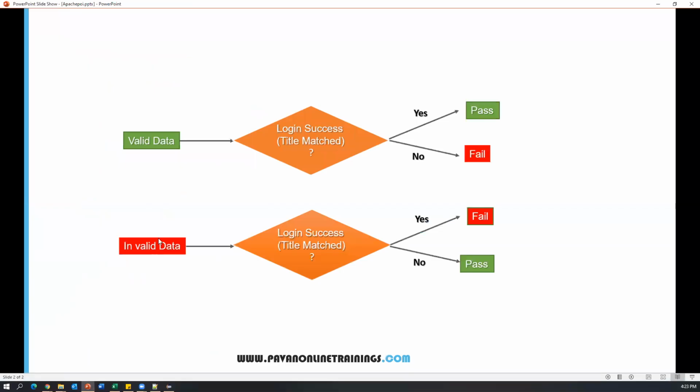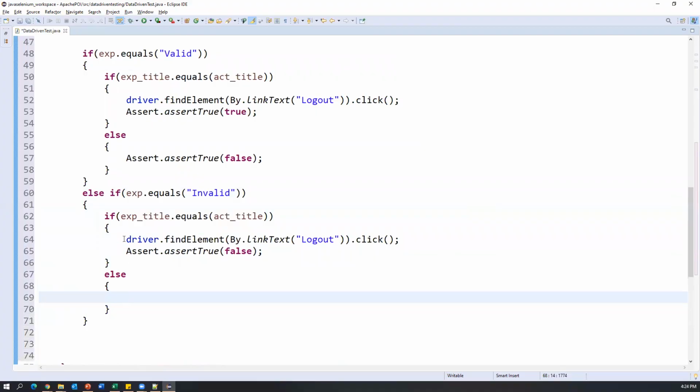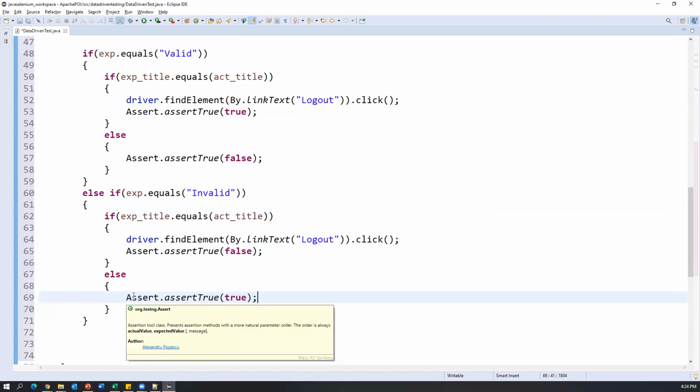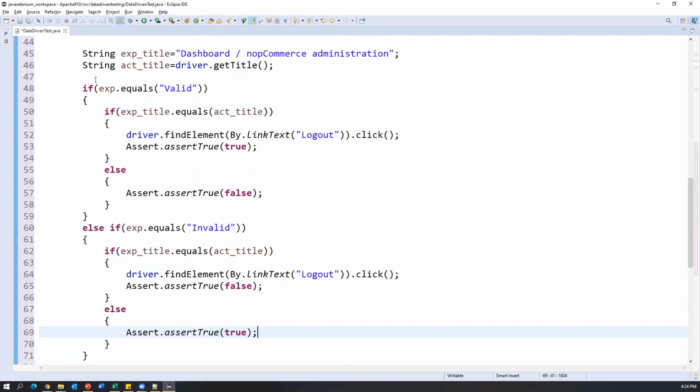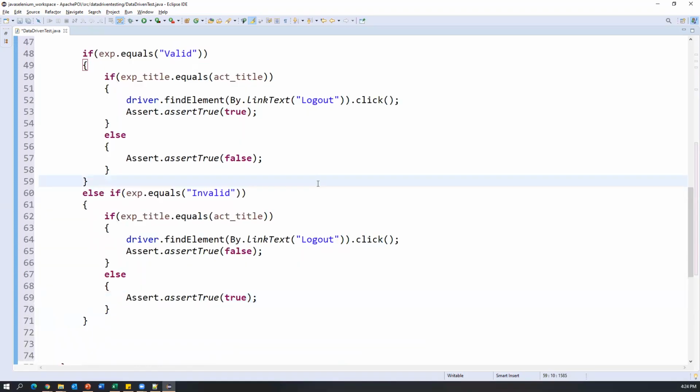So that is the second combination. When I pass invalid data, login is not successful, no. Login success, no. Then my test is passed because there's invalid data. So here I'll write one else condition. Else, simply I can write Assert.assertTrue(true). This is a negative condition. Okay. So this is how we can validate the login is successful or not with valid data as well as